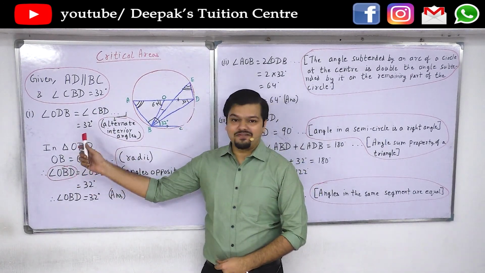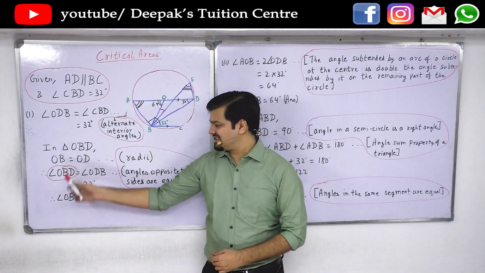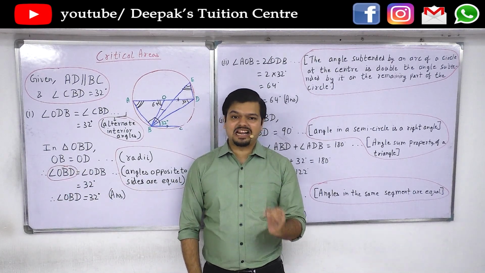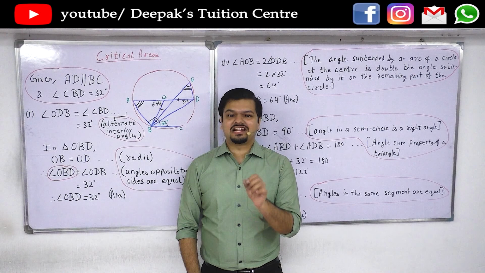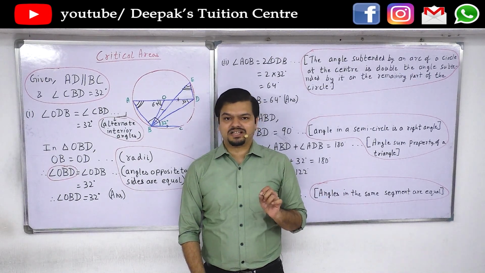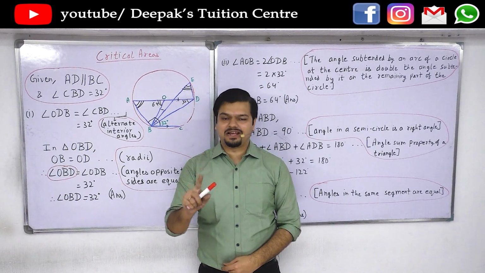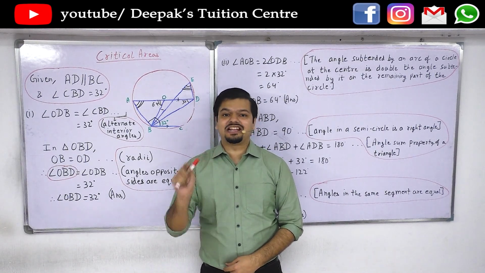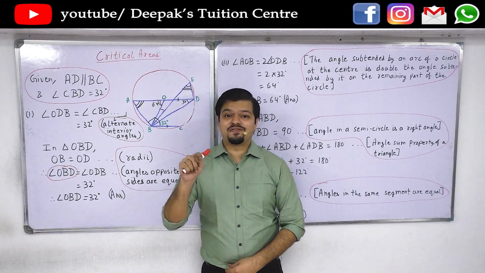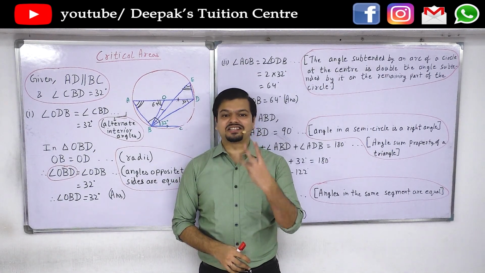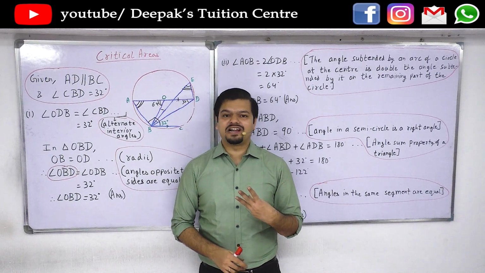Also, whenever required, use the name of the angle as a three-letter name. Always, unless it is given in the question that angle A equals something. So if the question states the name of the angle as a one letter name, only then we can use the name as a one letter name for that particular angle. Other than that, every angle should always have a three letter name. That is the proper name for the angle.